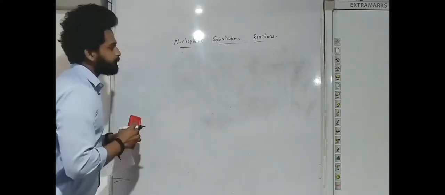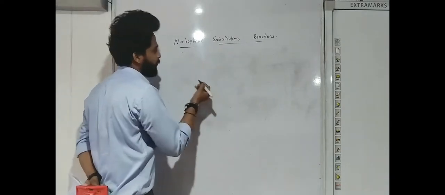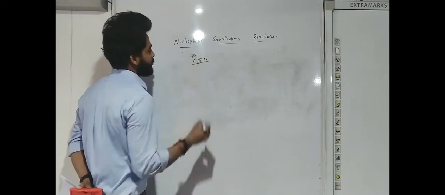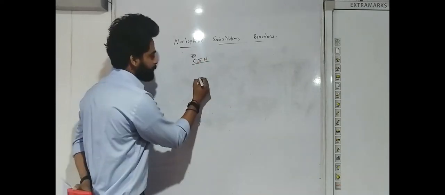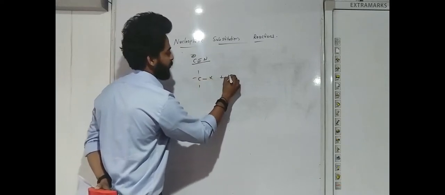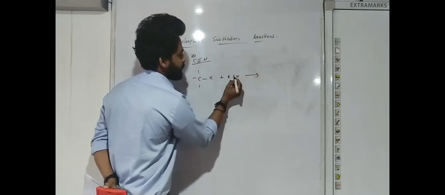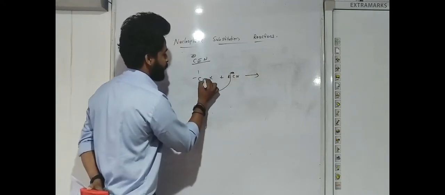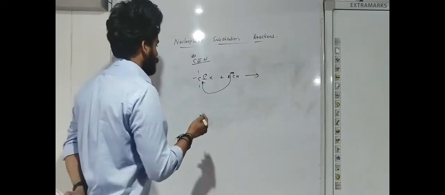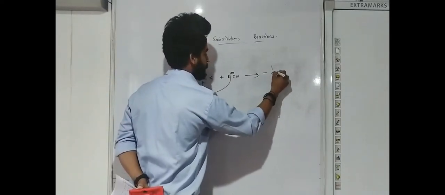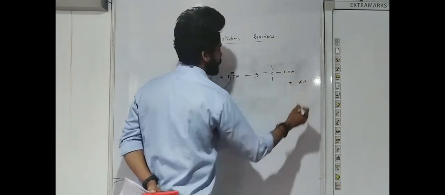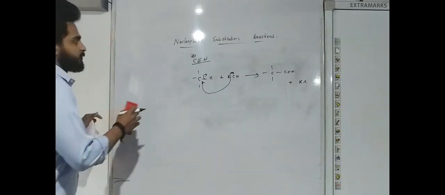Next, another nucleophile we are going to discuss is the cyanide group, CN minus. For example, RX plus KCN: the CN minus will come and attack this carbon, then X will leave, then X minus and K plus will react together to form KX. So here we will get the product R-C triple bond N plus KX. This is the general reaction of cyanide.